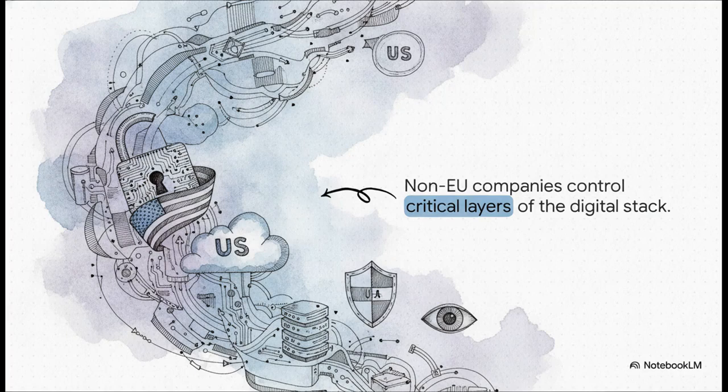This really illustrates the depth of the problem. Non-EU companies control almost all the critical layers of the digital stack. Foreign firms hold the IP choke points essentially everywhere: operating systems, cloud platforms, right down to cybersecurity tools like firewalls and identity management. Whether it's B2C, B2B, or the public sector, foreign vendors are absolutely dominating, which leaves European businesses incredibly vulnerable to external shocks.